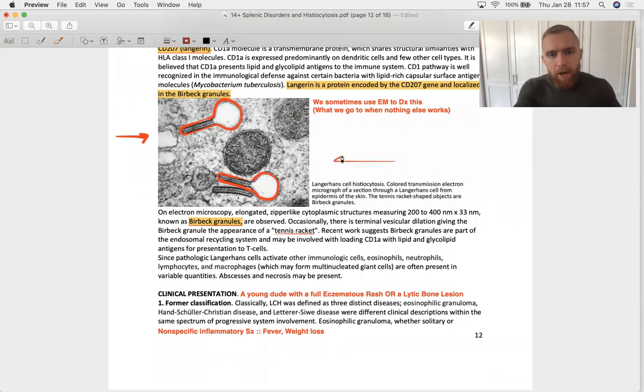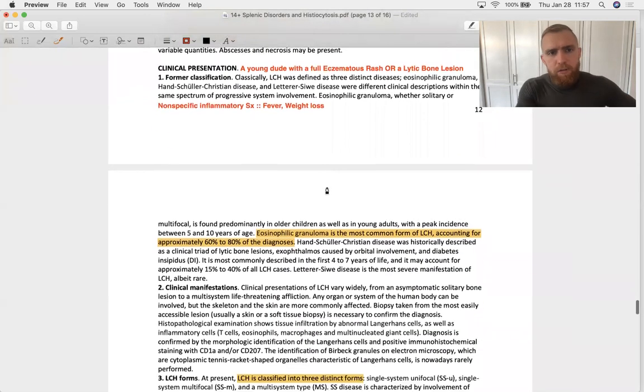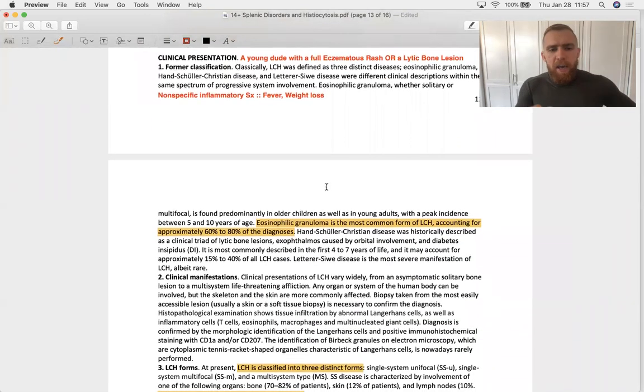And it's these Birbeck granules, very high yield. Again, they want to give you the presentation, the classic presentation of a young dude with eczema and a lytic bone lesion, and they want to say, what would you see on electron microscopy? Or maybe they'll show that to you and ask you to make the diagnosis. Okay, so now